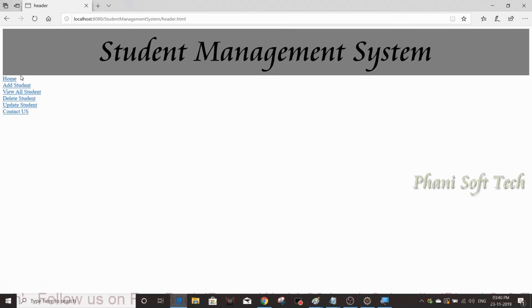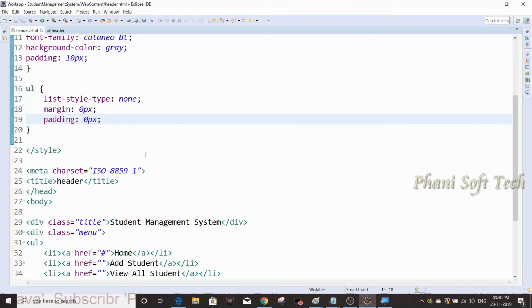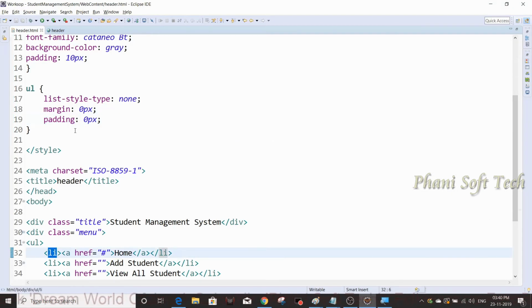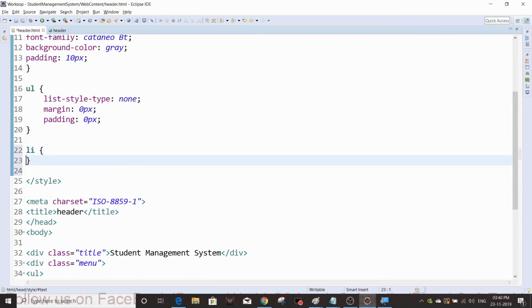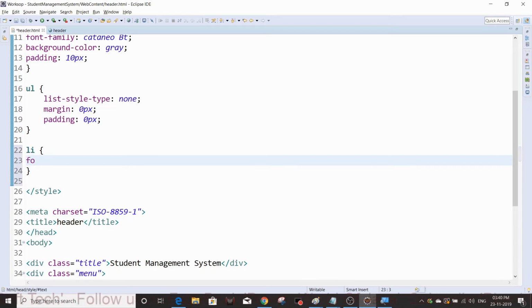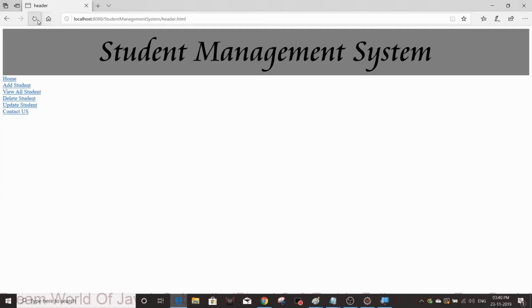Now instead of vertical manner, I'm going to display horizontal. Each list item having the data, right? That's what I'm going to give list item tag. And the style is float left.